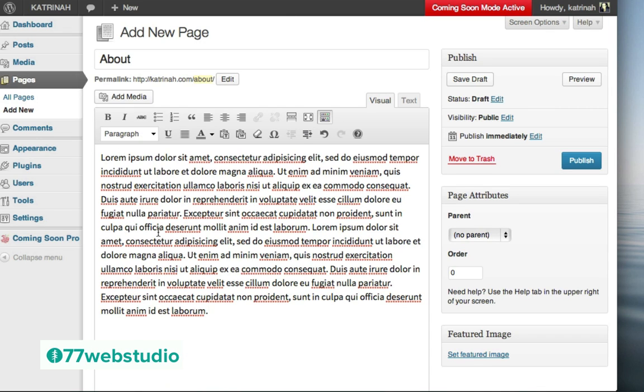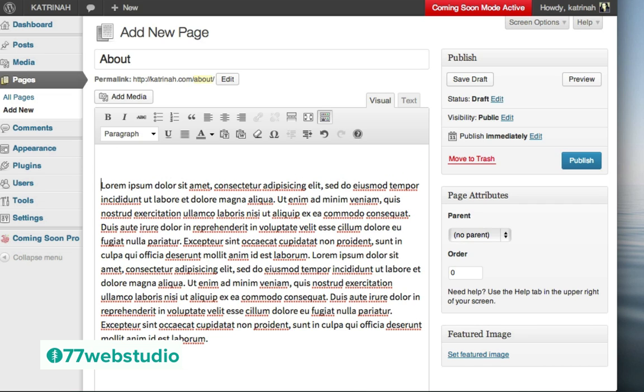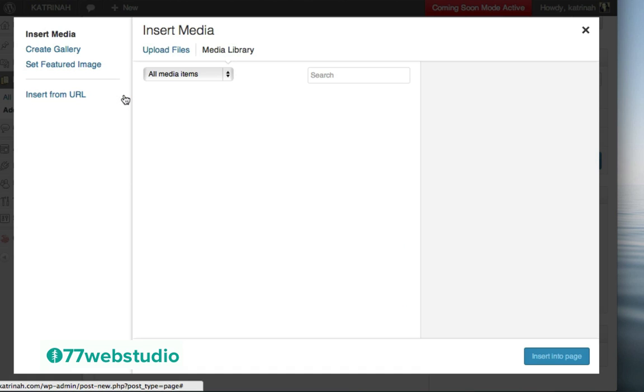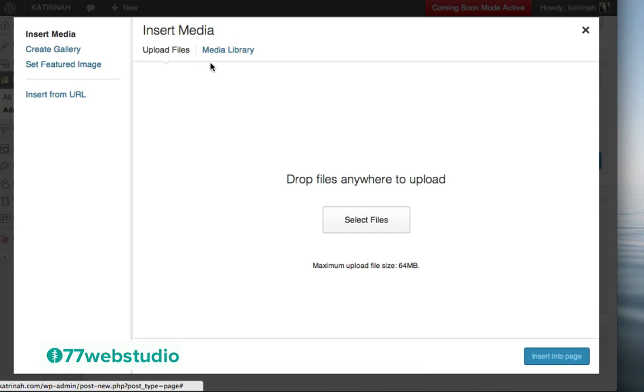So back on our page, we need to add an image. So I'm going to place the cursor to the left of the content right here, and I'll just do a little carriage return. So here we can see I have a clean line right here, and the cursor is placed right here at the top. And the next step is I'm going to click on Add Media to add a new picture to this particular page. So I'm going to click on Add Media, and then here where it says Insert Media, I'm going to click on Upload Files to upload a new file from my computer.